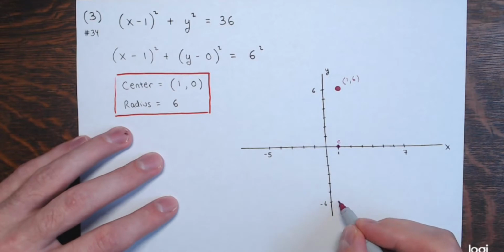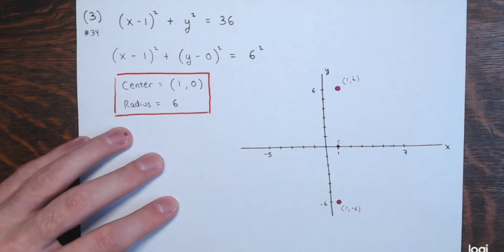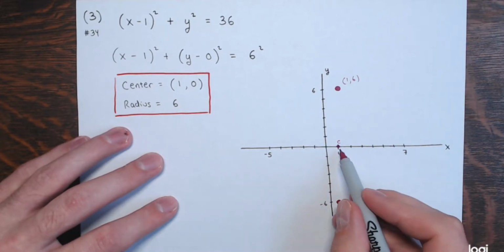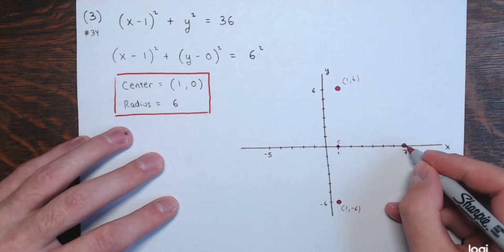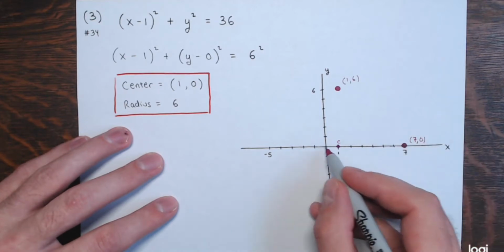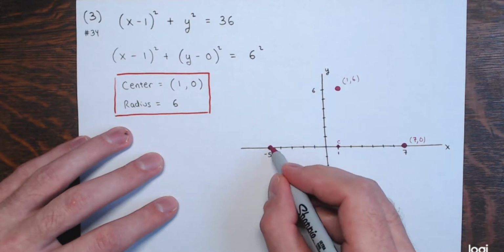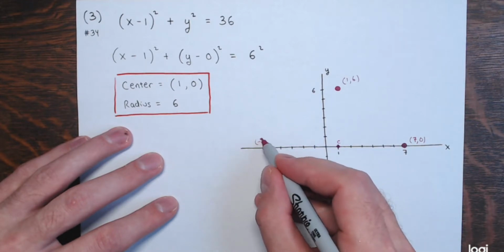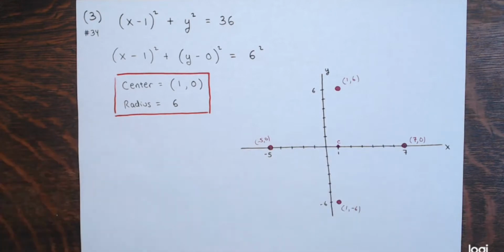So should this point 6 units below the center, 1 comma negative 6, and check it out, make sure it satisfies the equation. 6 units to the right, there's 7, 0. 6 units to the left, here's negative 5, 0. And again, check out those 4 points, make sure that they actually satisfy the equation, and